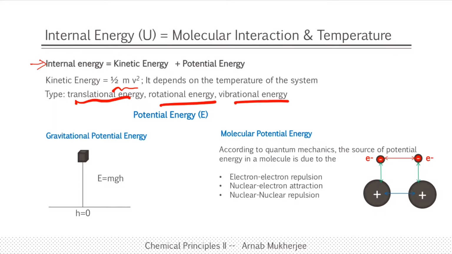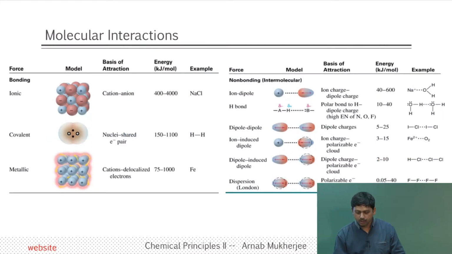However, it is not always possible to solve quantum mechanical problems for big systems. Therefore, we categorize these fundamental interactions between electrons and protons, and between different electrons and different protons, into several empirical categories, which is known as